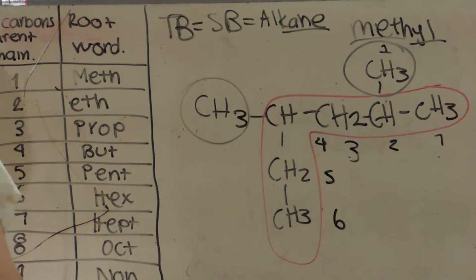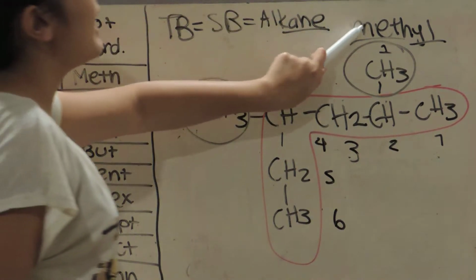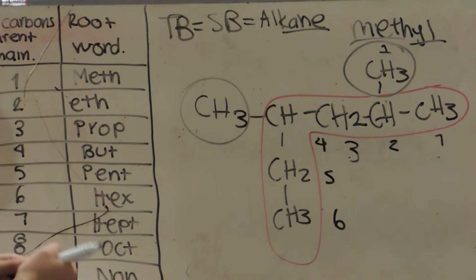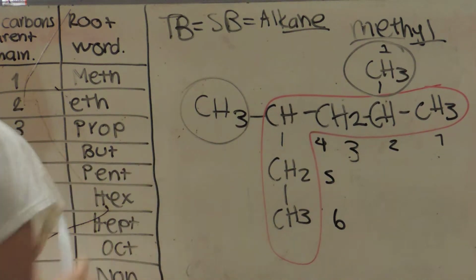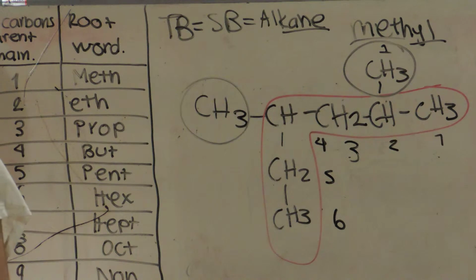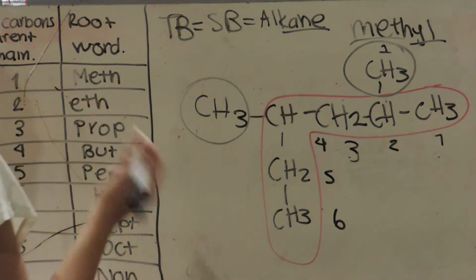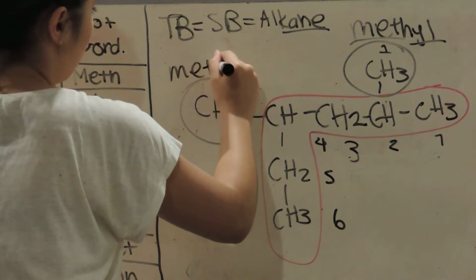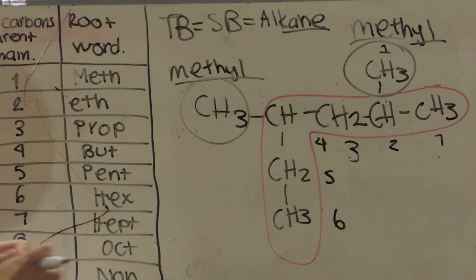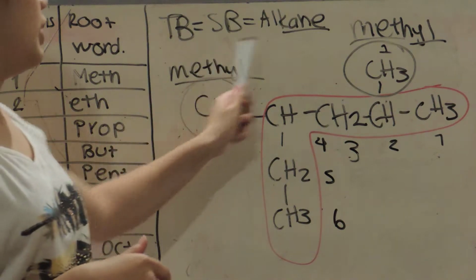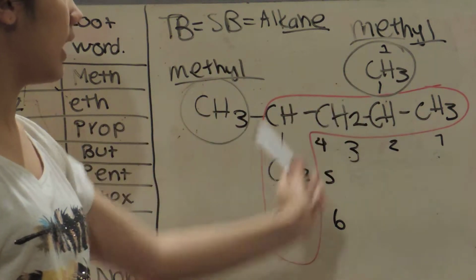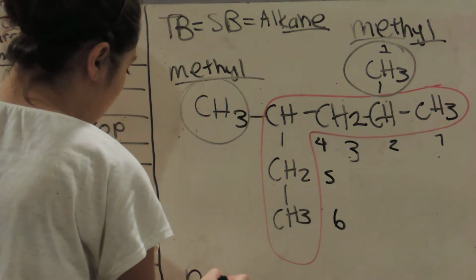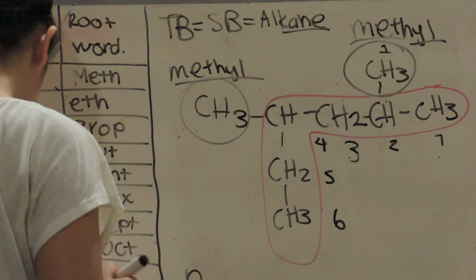Okay, we continue. So, meth lets us know that it is 1, and -il means that it is an alkyl group. We have also 1 in here, so we will name it the same as this one, methyl. Okay? Once we name them, and also the parent chain, as a result, we will have